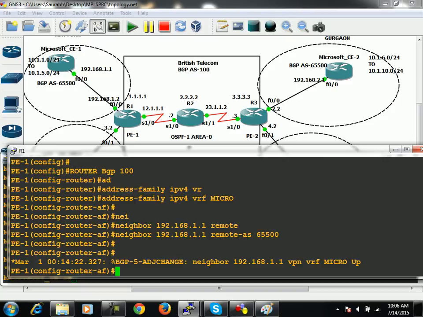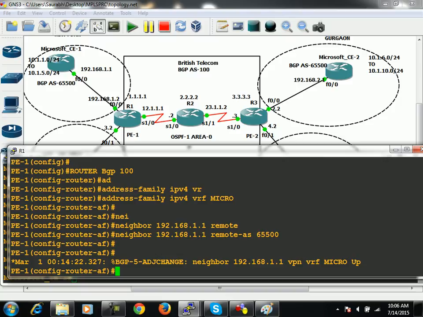Now you can ask me, sir, how will it be possible to put from BGP table into VPNv4 or something like that? See, if you are creating address family for VRF, it is itself kind of VPN. It is itself what? VPN, because one VRF represents one VPN,